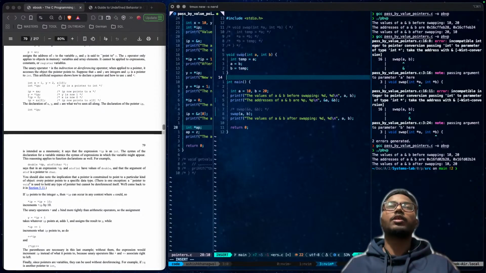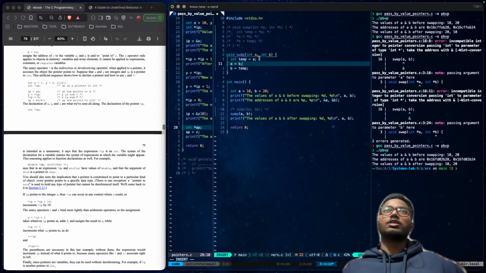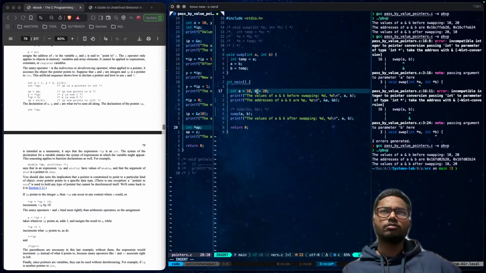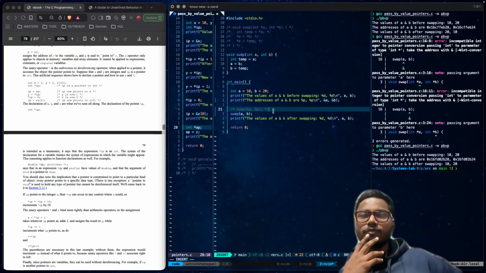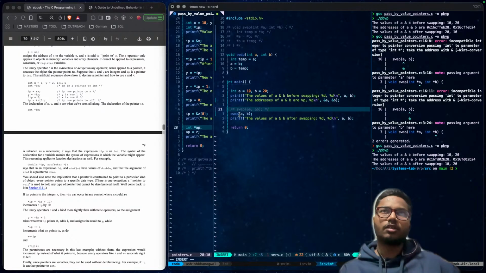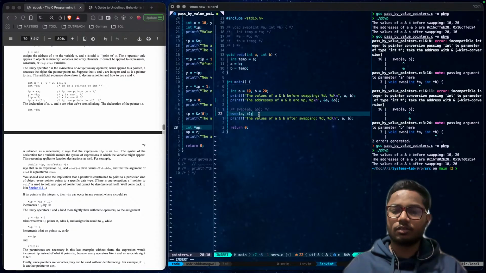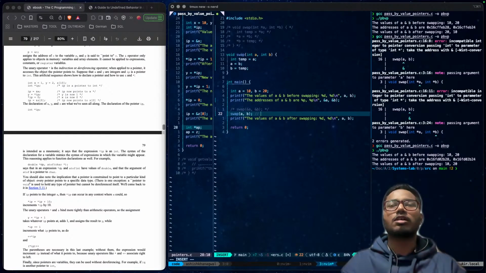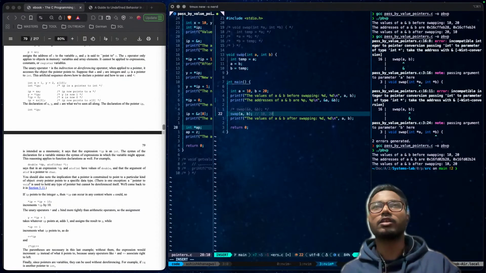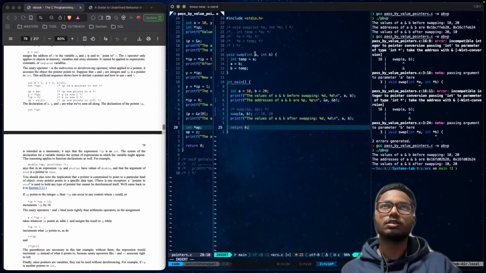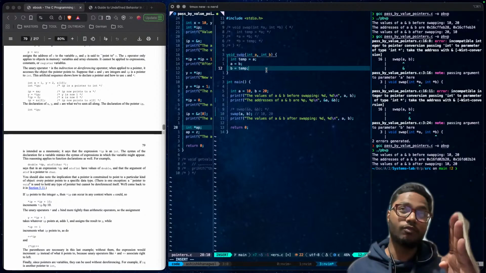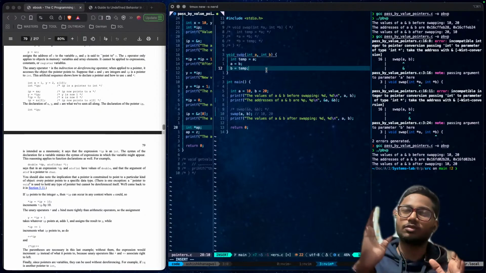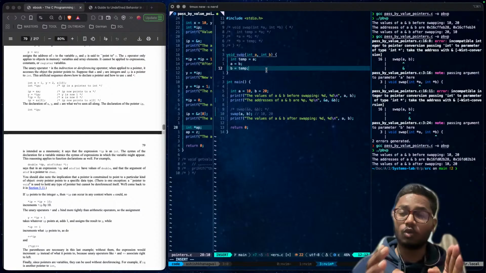See what we were doing here. We are just passing the value of a and the value of b, the copies of the values of a and b, not by reference. Here we pass just 10 and 20 as the values of a and b, and the function receives them. It doesn't matter what the function does, it will only modify the copies of these variables a and b, not the original values.